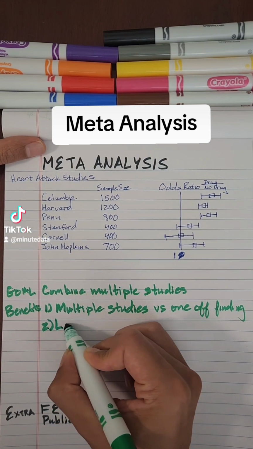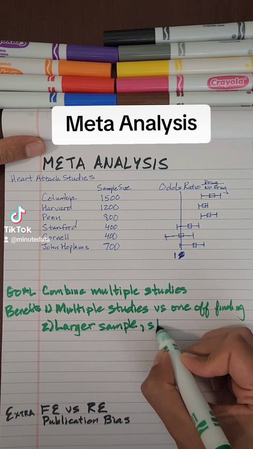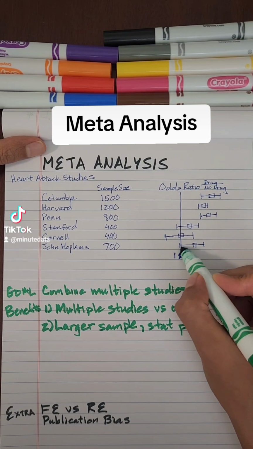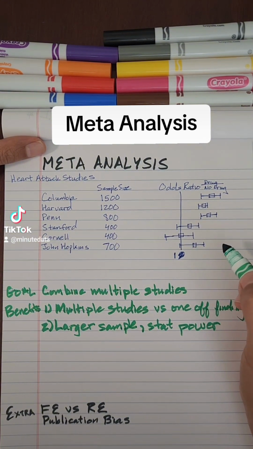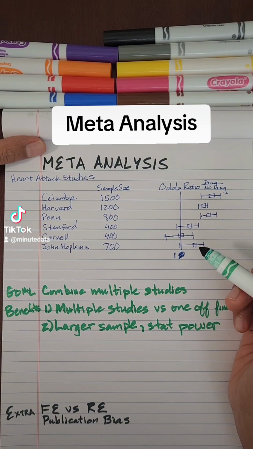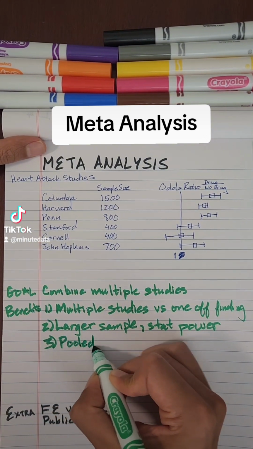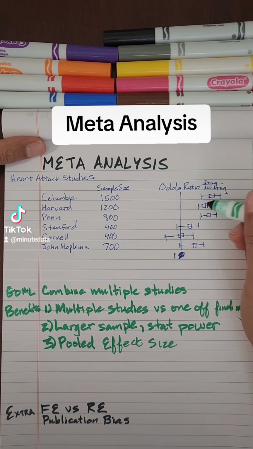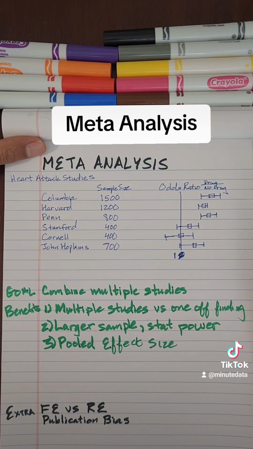Second benefit, we can take advantage of a larger sample size and statistical power. So for example, look at the Johns Hopkins study. It looks like it's on the margin of being significant, but officially it crosses the 1 threshold, so we have to report it as non-significant. But is it due to the lack of effectiveness from the drug, or is it because it just isn't powered enough? I think part of that is also pooling your effect size. So if you looked at the effect across these different studies, they definitely vary. So if you actually start pooling the different sample sizes, you might get a more accurate representation of the actual effect size.